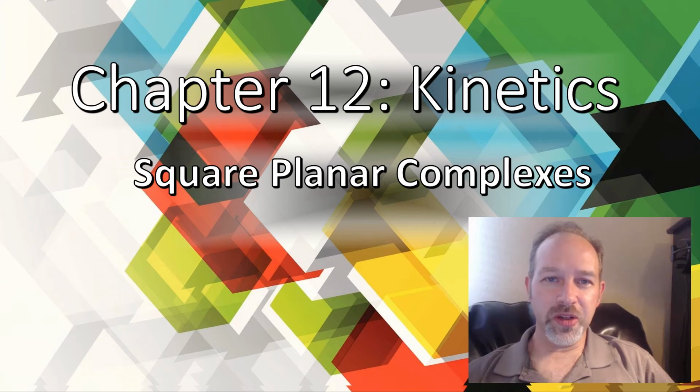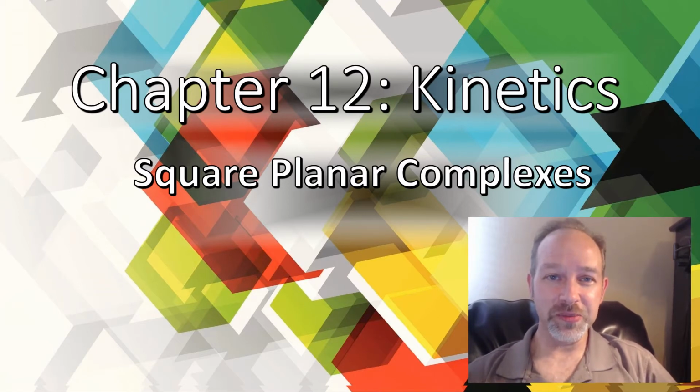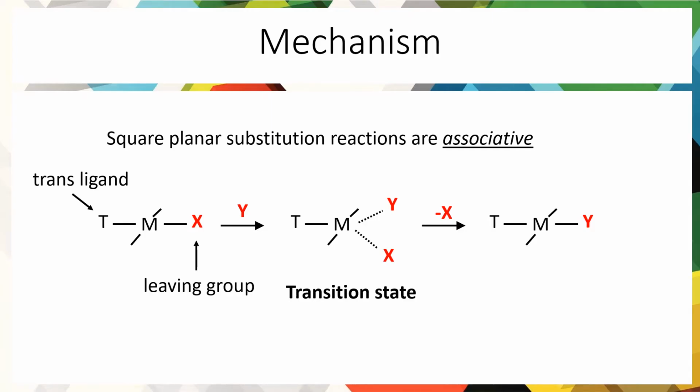So in this section, we're going to talk about something that's very rare in inorganic chemistry, which is the ability to make predictions. Okay, and this deals with the reactions of square planar complexes. So the first thing to note about square planar complexes is that the main mechanism is an associative mechanism and not dissociative. And that's just because the square planar complex inherently has open space above and below the plane of